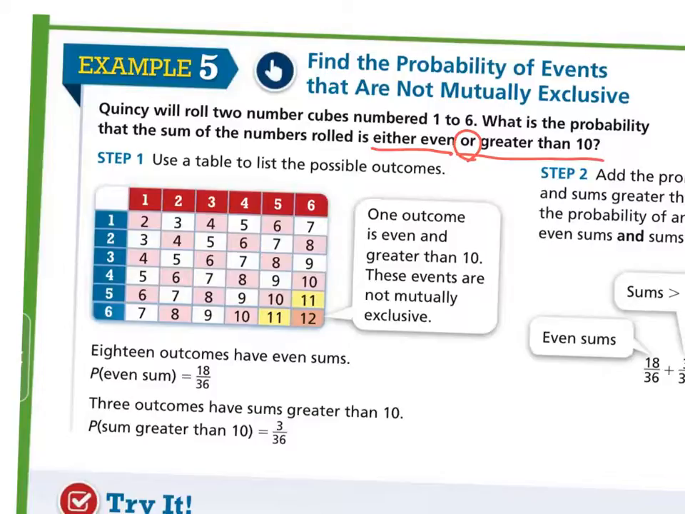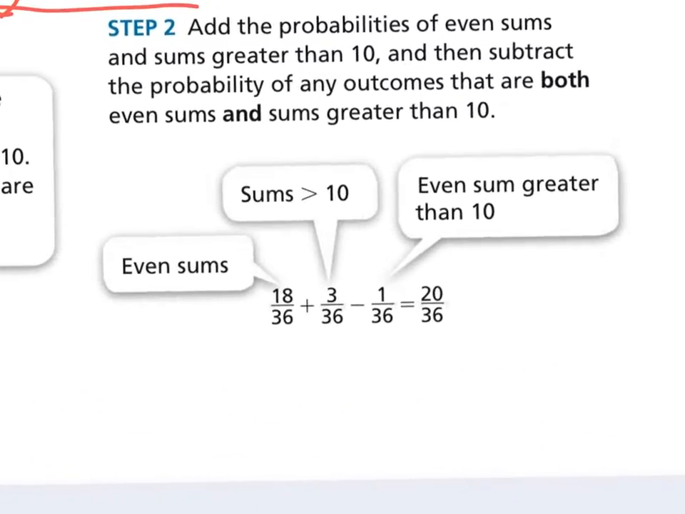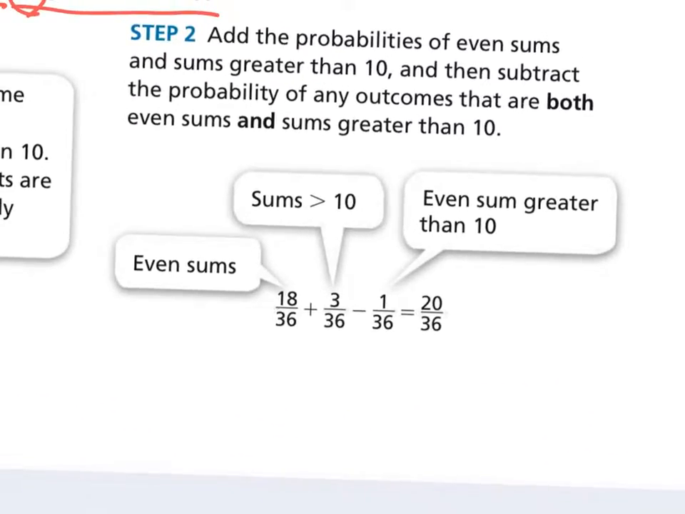So we got our checkerboard here again. We've got 18 out of 36 that are even, and greater than 10 would just be 11 or 12. So you can see 3 out of the 36 that are greater than 10. And so then we would just add those probabilities together. So 18 out of 36 plus 3 out of 36 is